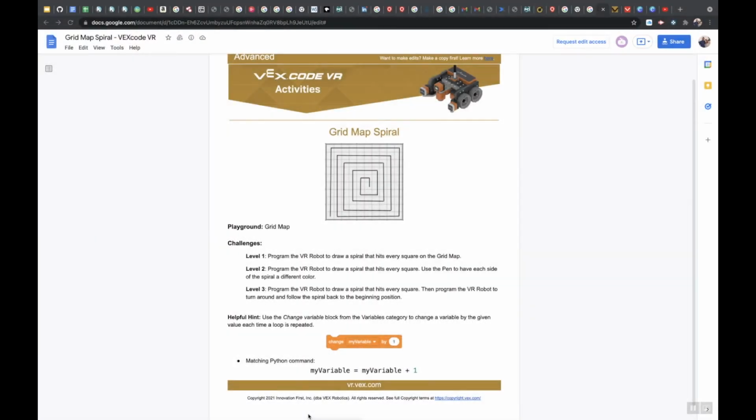Class, so this is grid map spiral level 3. It says program the VR robot to draw a spiral that hits every square. Okay, so yours is going to look just like this, and what we're going to do is use level 1 as kind of a base. It says then program the VR robot to turn around and follow the spiral back to the beginning